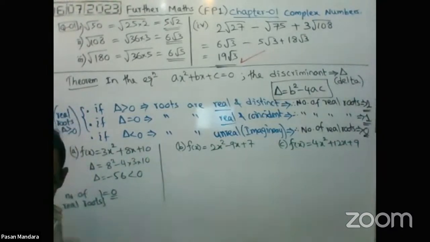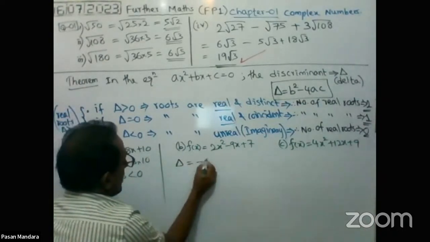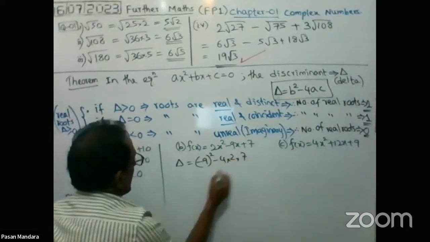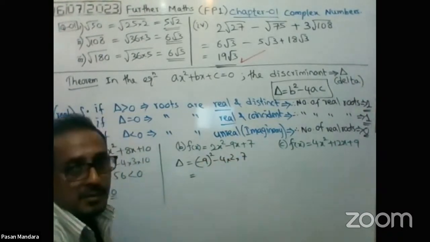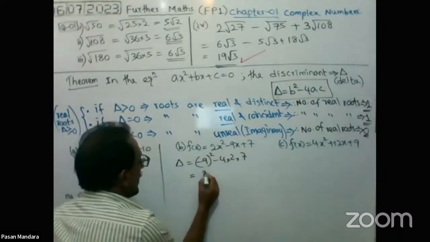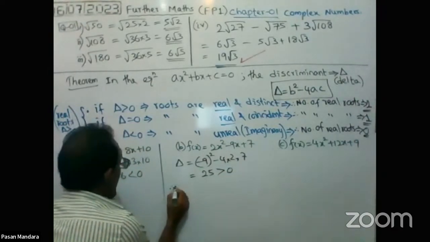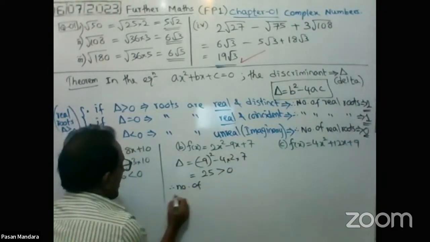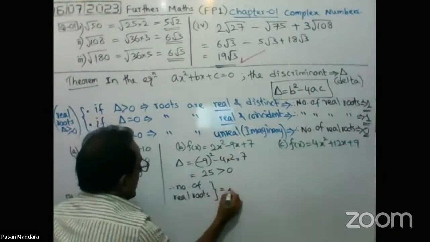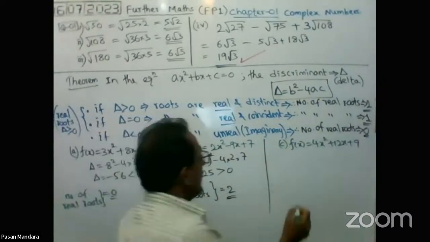Now this one, delta. 81 minus 56, that is 25. So therefore, number of real roots 2. Correct. This one,